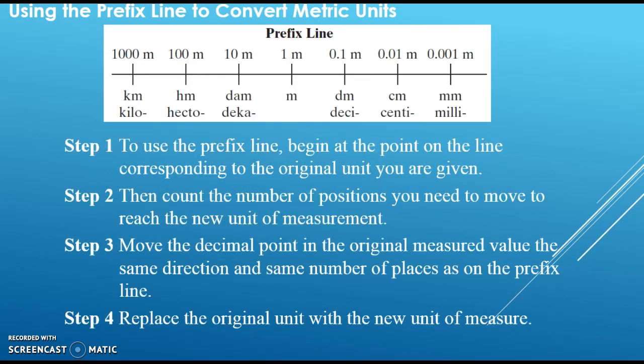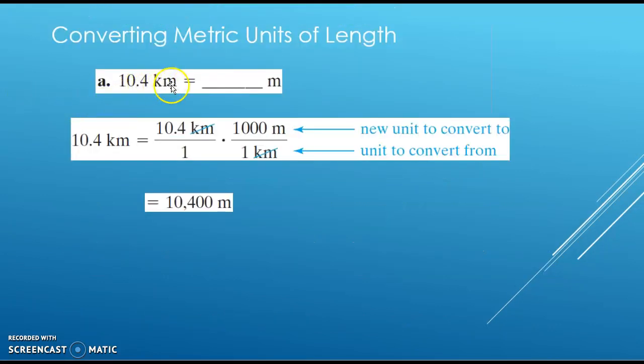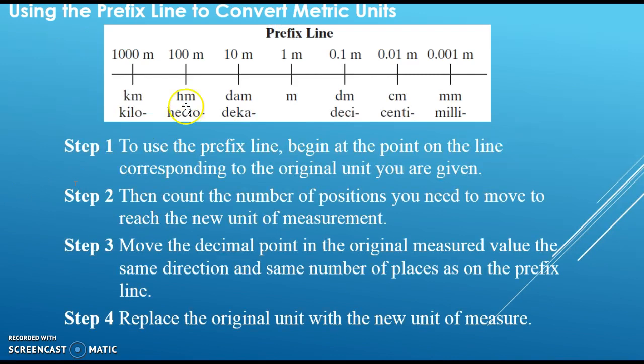The other way is to use what we call the prefix line. Basically, that means we decide whether we need to go forward or backward on the line. So let's go back to this example, 10.4 kilometers, and we're going to meters. According to this, we begin at the point corresponding to the original unit you're given, in this case, kilometers. Then you count the number of positions you need to move to get to the new units of measurement. So you have to go 1, 2,